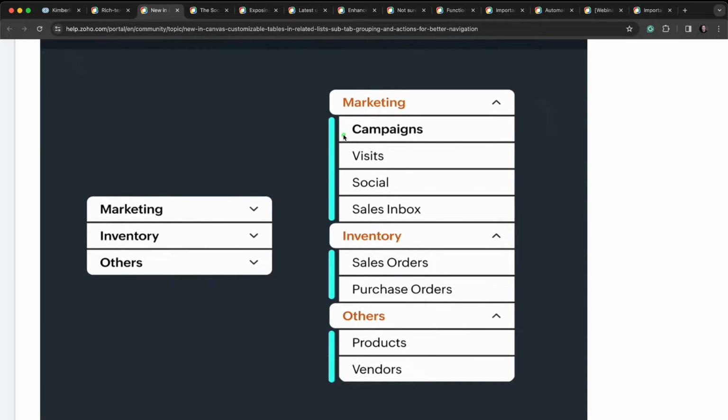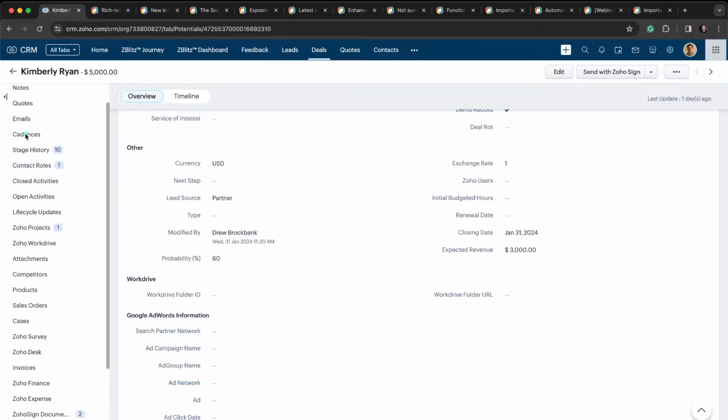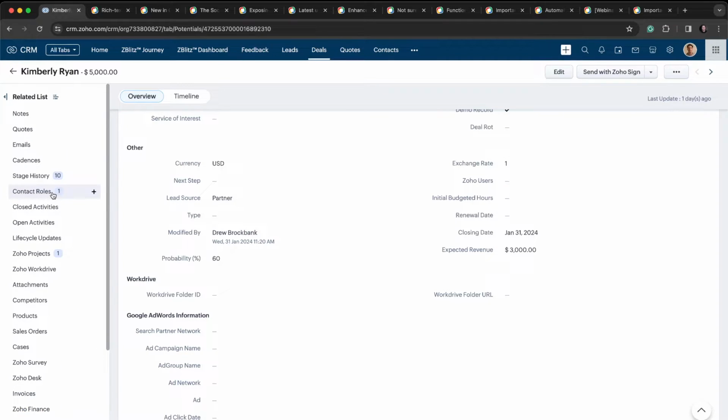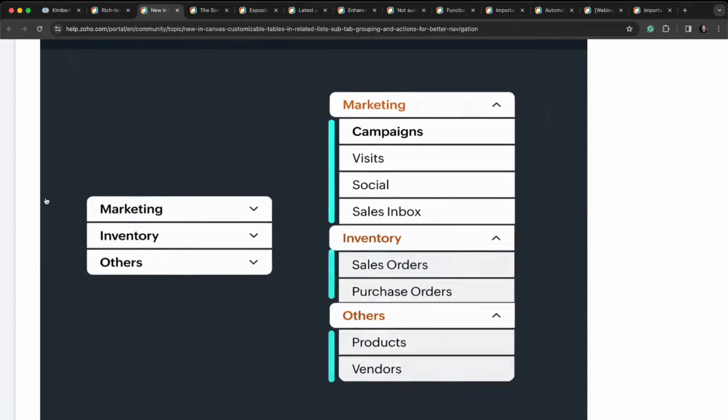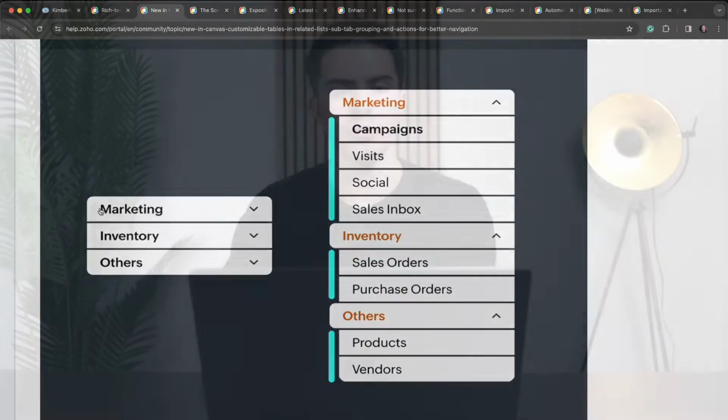You can add subtabs. That way you can essentially expand the view of your related list because, I mean, it's really simple. Sometimes this just gets really long, right? And instead of scrolling, maybe you want to see marketing, click into marketing, and then see the tabs beneath that. Again, I am more of a doom scroller, so I'm not too worried about this. But maybe for some of you, this is something that you're really excited about and will be really helpful for